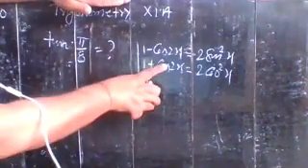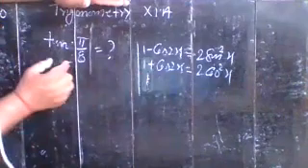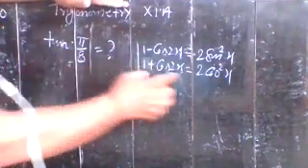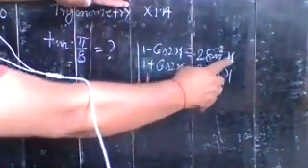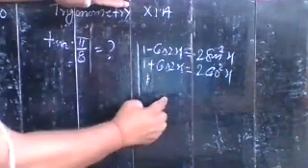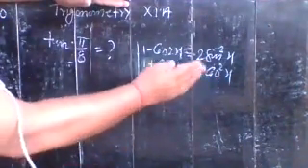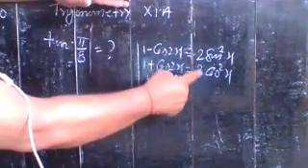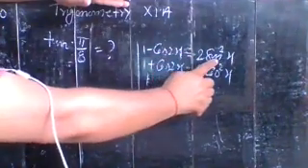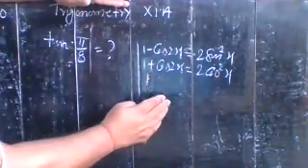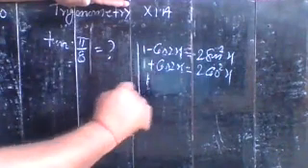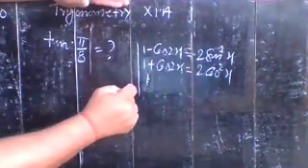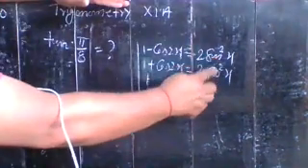Understand? Now just think about the result. Here you have tan x, and here you have 2 sine square x and 2 cos square x. If you divide, the 2 and 2 cancel out, and you have sine square x upon cos square x. Understand? Now if you take the square root over there, it becomes sin x by cos x.